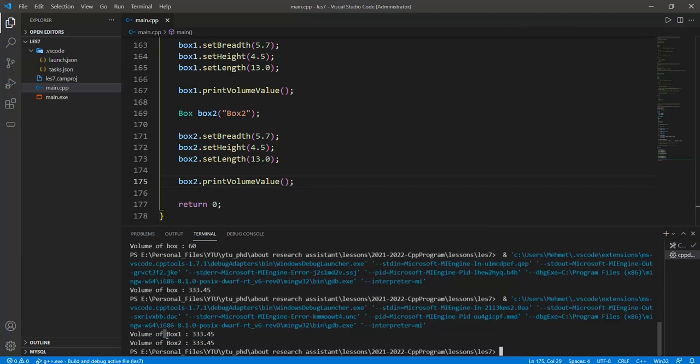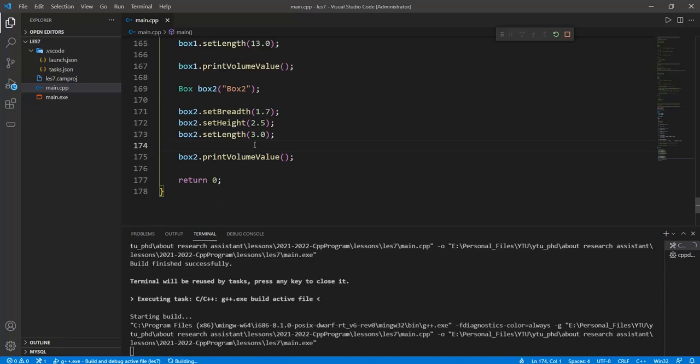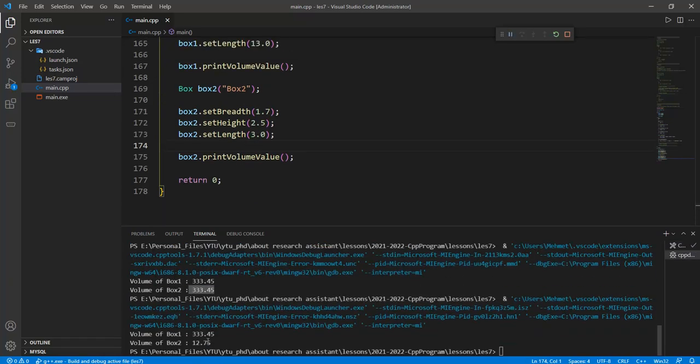and so volume of box is equal to 333... and so this can be changed with these parameters, and so the difference can be shown right now. And so the first result is equal to 300 and so on, and the second one is 12.75. Okay,